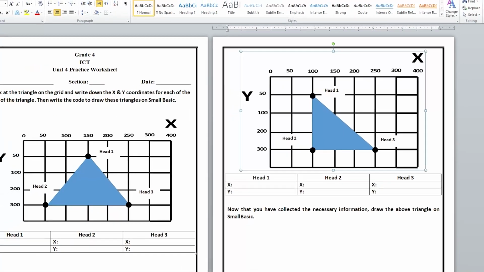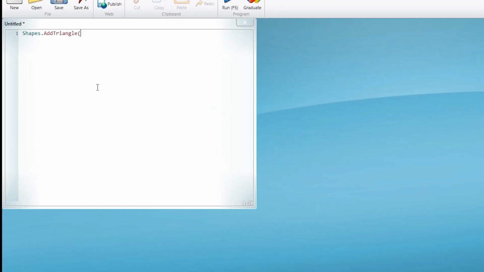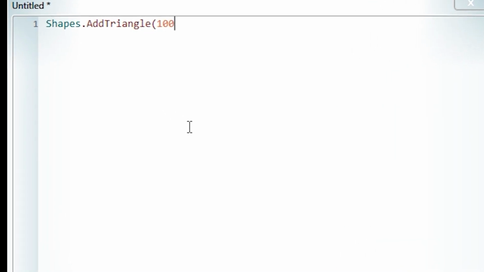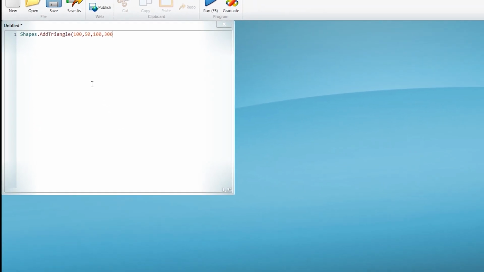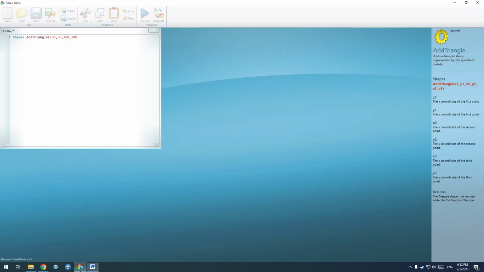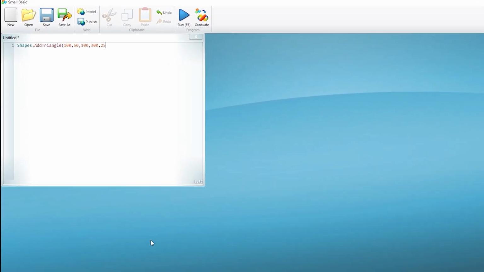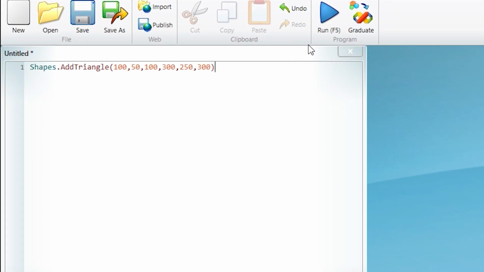So with that information, we can write, remember, X1 is 100, that comes first, then 50, that's Y1. Next, you have to write X2, which is again 100. Y2 is 300. Let me check again. Y2 is 300. X3 is 250 and Y3 is 300. And if I run this,